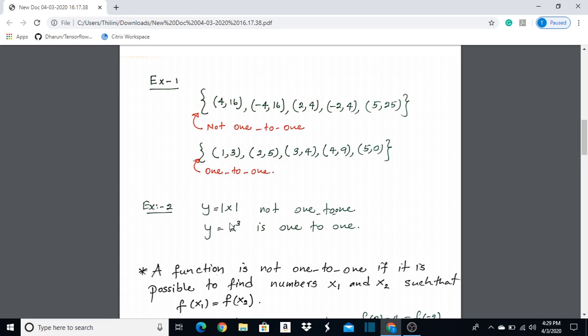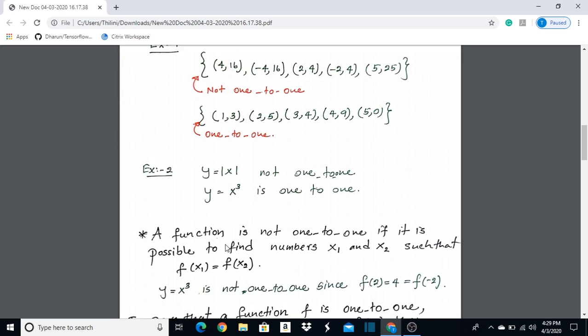What about this one? You have seen the graph of this function before. This is one of the basic functions that we discussed. So this function is a one-to-one function. Every time you have different inputs, it always gives us different outputs. But